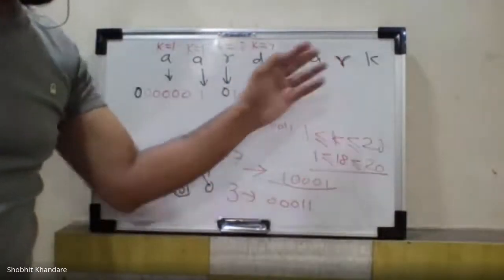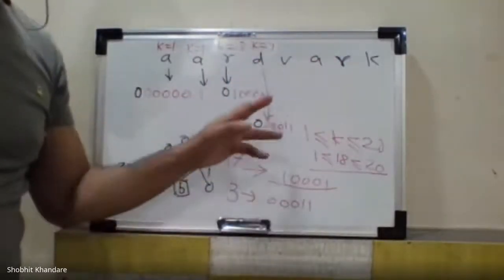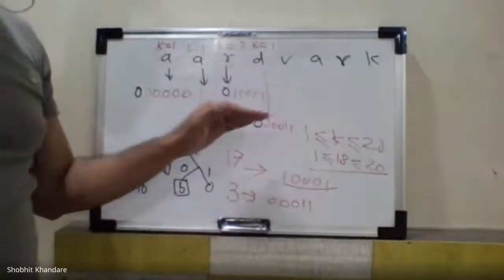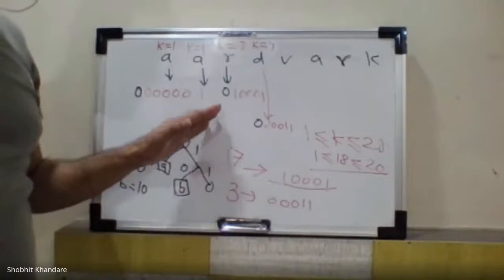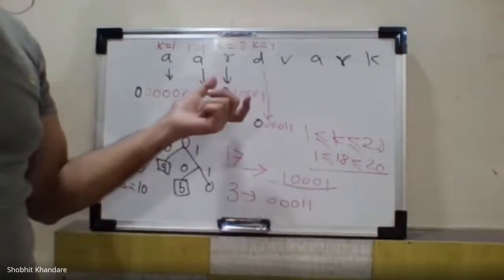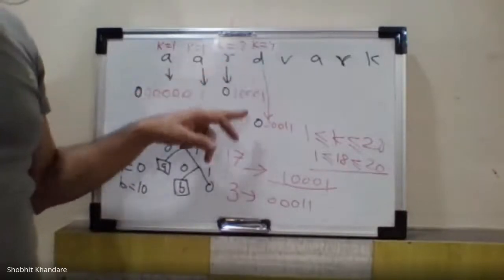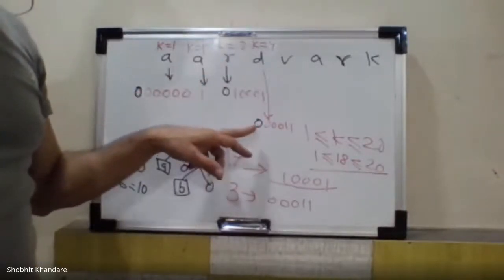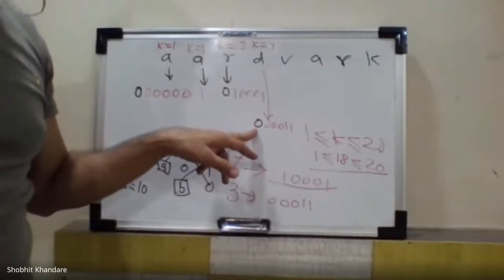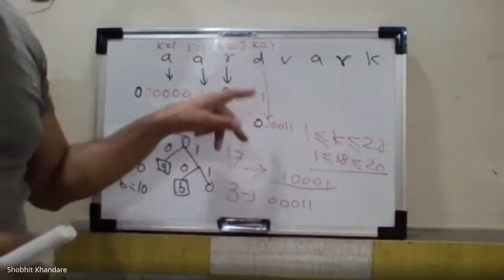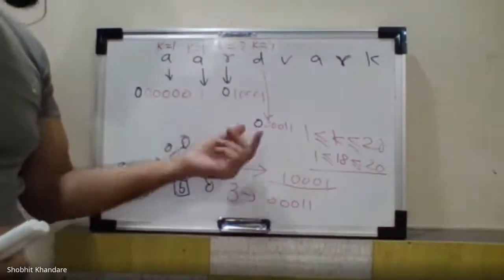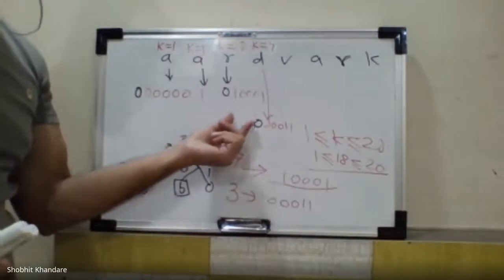Don't do this as homework. We will see in the class how you go about it, because sometimes you may fall into trouble. How do you get the value of the NYT code? For this D we have got 0, but actually it is 0 0. Here for D I am taking only 0, but for NYT I should take 0 0. How I should take 2 zeros for NYT, we will see in the next session, because it will take some time to explain.